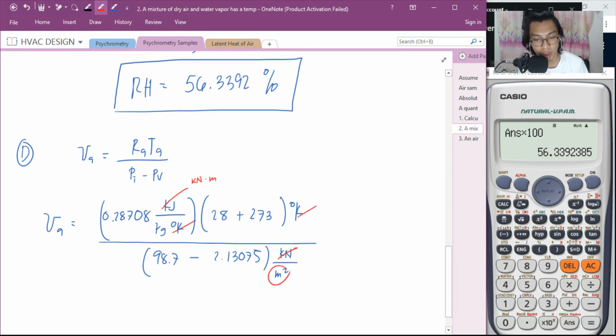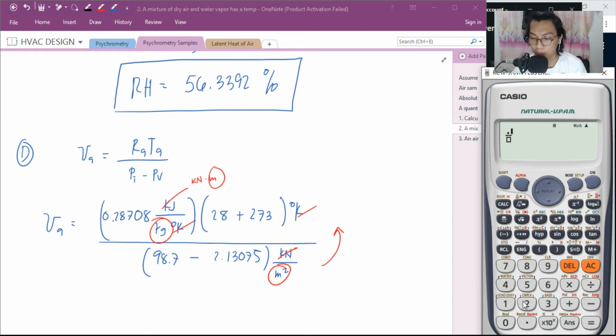Kilonewton is cancelled. Ito at ito, pagsamahin mo sa taas, natira yung kilogram. Okay. So, the value will be 0.28708 times 28 plus 273 divided by 98.7 minus 2.13075. The answer is,